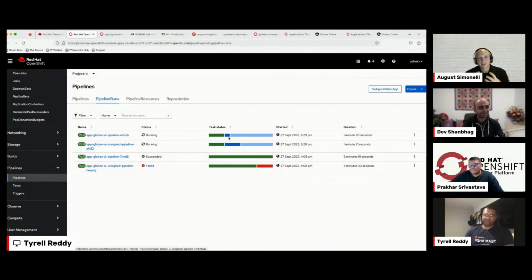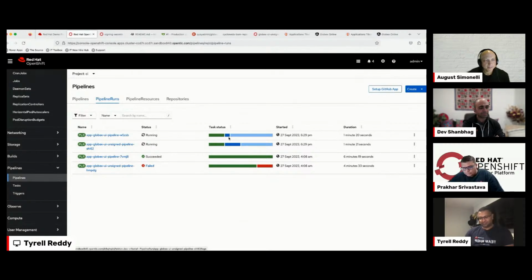But I think this really calls out the importance of letting them do their work and do it well, and excel at it. So I love seeing all these pieces. Yeah, it's pretty cool. It certainly is. It's really neat to see. And this is all coming as part of OpenShift in the package?